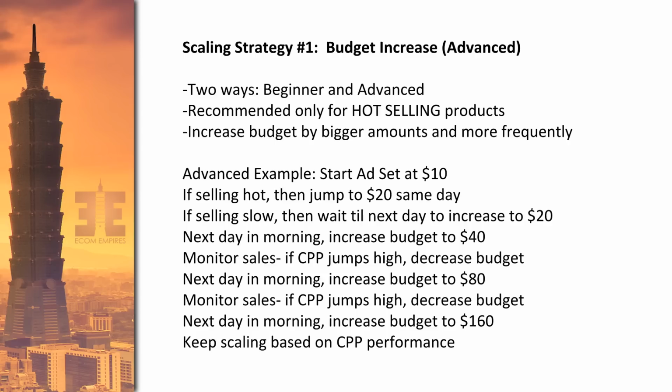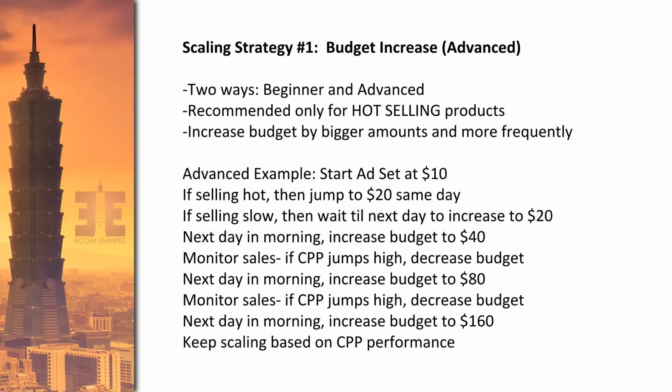This is the risk here, and that's why it's a more advanced strategy, because it's not always going to work. But if the next day in the morning I double my budget and my cost per purchase remains the same, and I keep getting consistent sales at that same cost per purchase as I'm spending this money, then that's fantastic. Next day I'm going to double the budget again. All right, and I would just keep doing that, but I keep monitoring my sales to see,